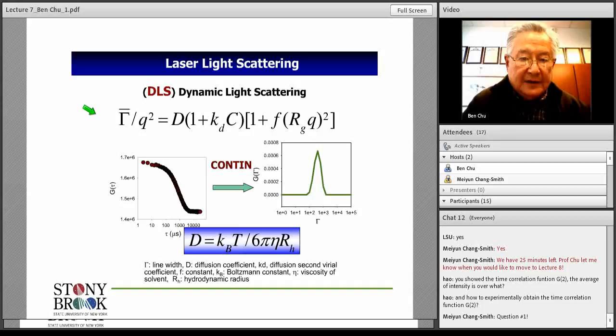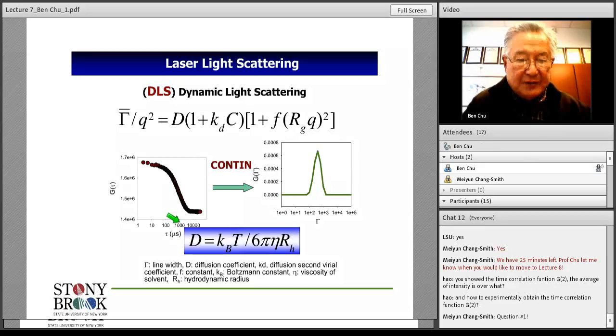And what one has taken into account in this expression here is also finite concentrations and the angular dependent part. If you do the extrapolation and so forth, you can essentially, using the Stokes-Einstein relationship, D equals